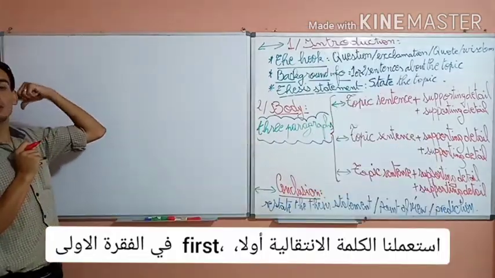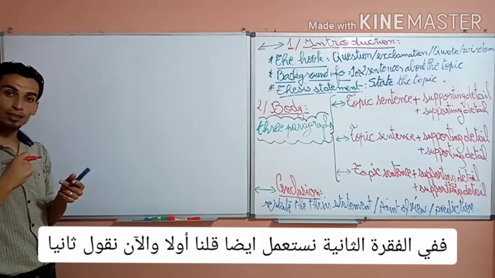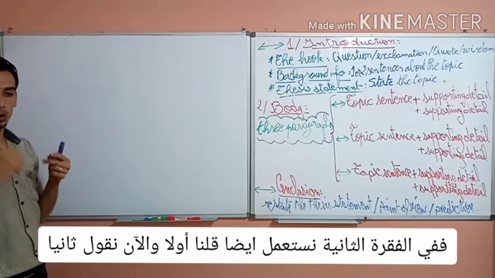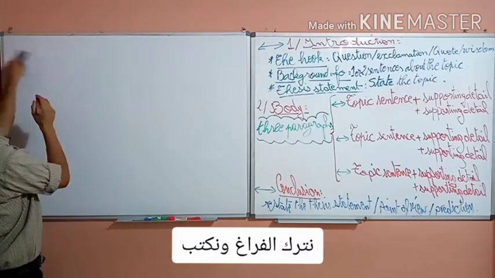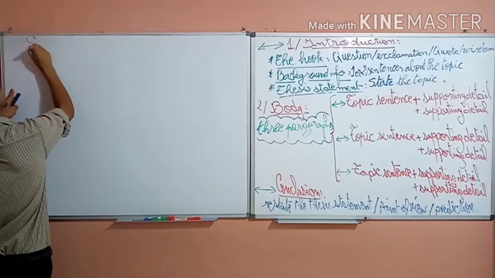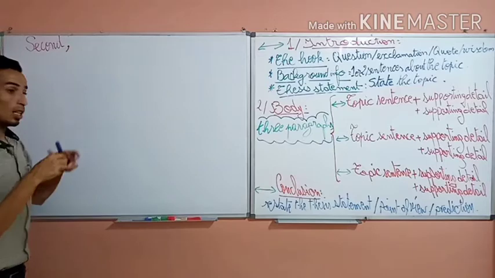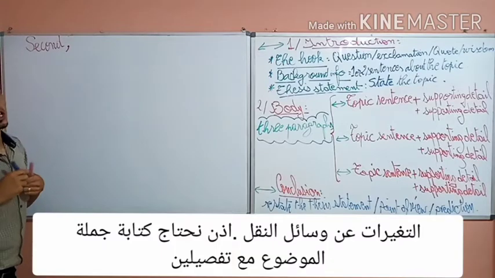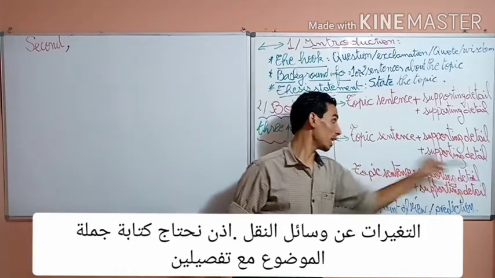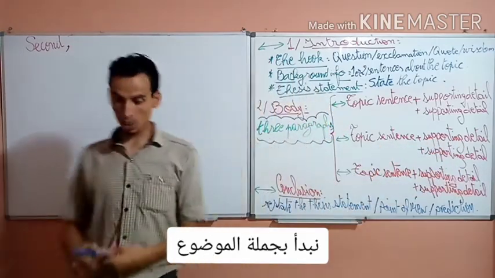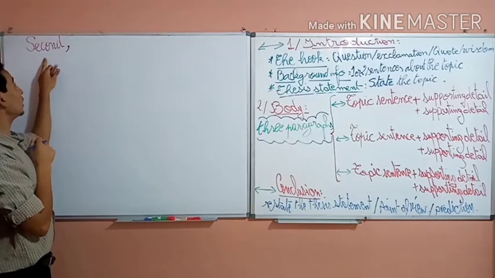We use the transition first in paragraph number one. So paragraph number two we also use, we said first, then we say second. We leave indentation and write second. Changes about transportation, so we need to write a topic sentence with supporting details. So let's start with topic sentence. What do we say? We say second,